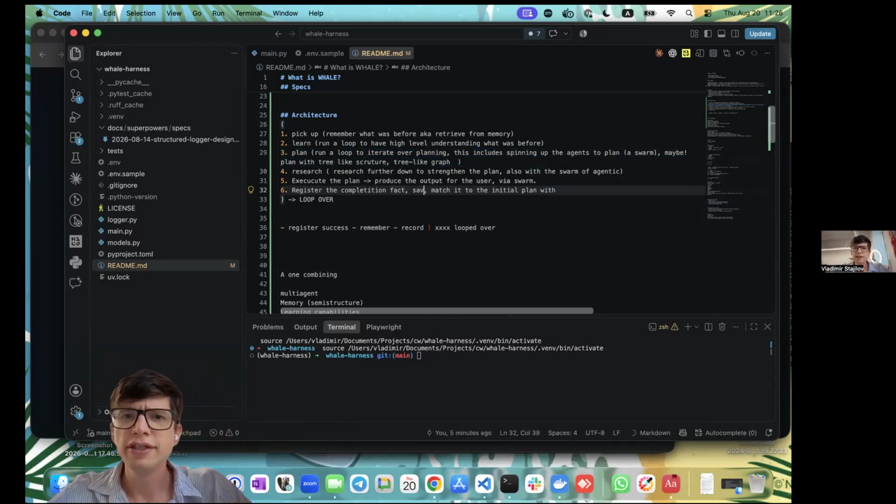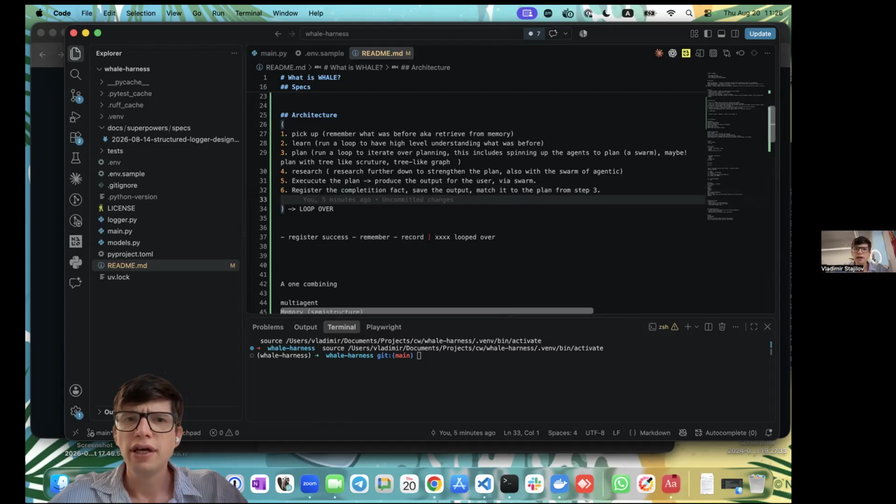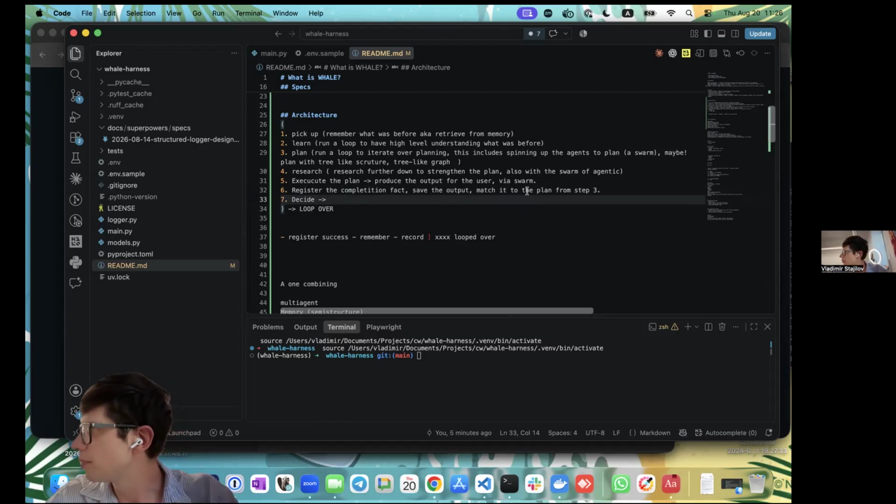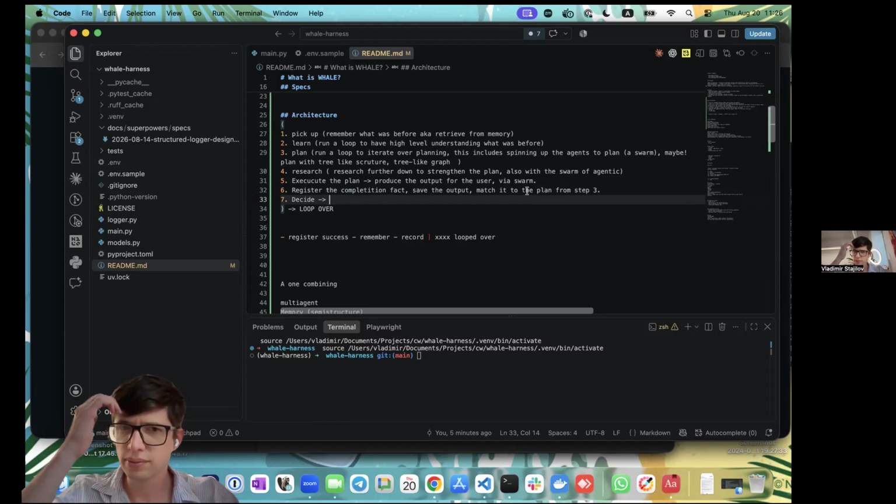Save the output, match to the plan on step 3, at least at this point it is step 3, and then decide. But here we need a mechanism called LLM as a judge, which itself might be problematic, but let's just keep it like this, decide